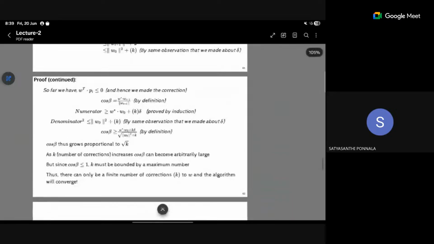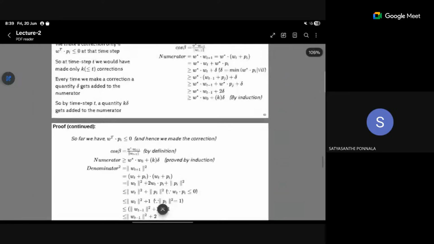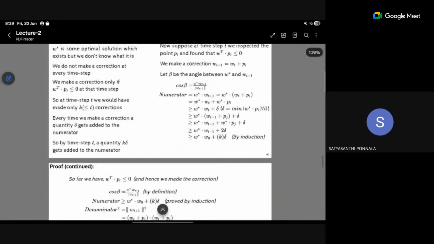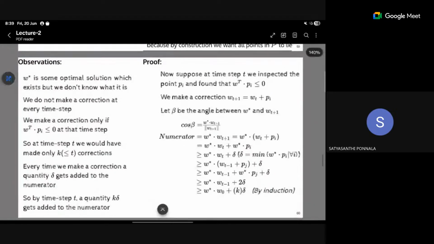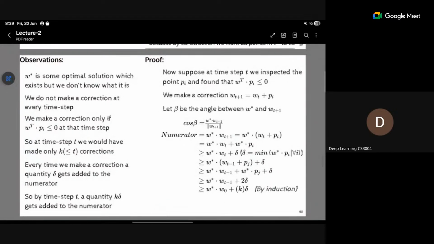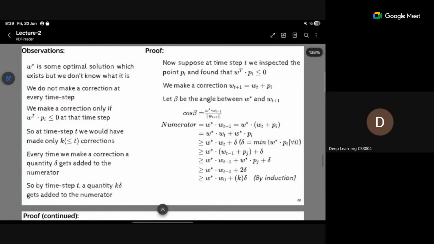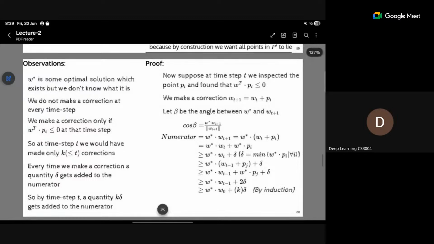How does this cos phi value affect the loss value, sir? Cos phi here, cos beta. If beta is between 0 to 90 degrees. So no, this cos beta has nothing to do with the algorithm. But why cos beta was introduced is that we will require a finite number of steps in which the algorithm will converge, right? So how will you know that the finite number of steps does exist? Since cos beta is the angle between the weight and the real w,